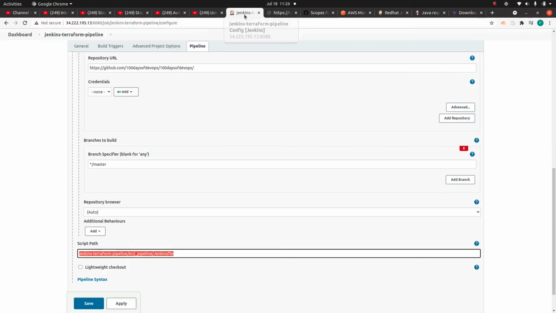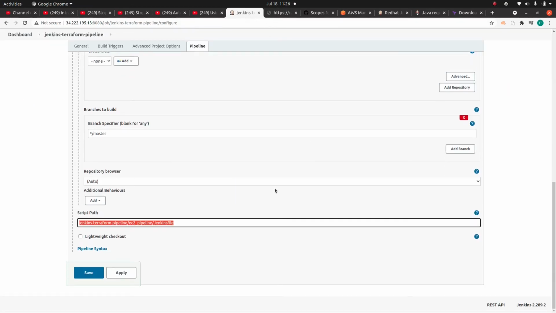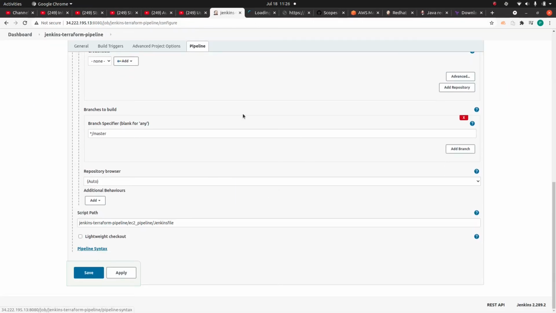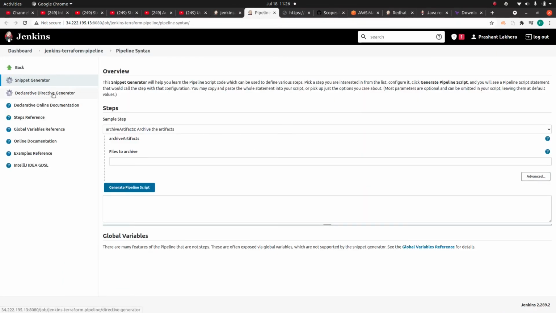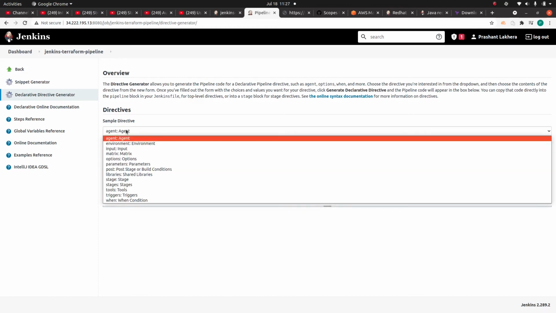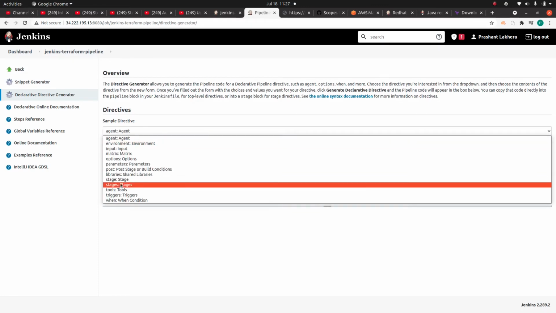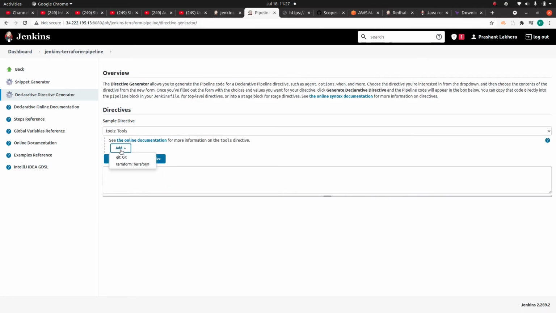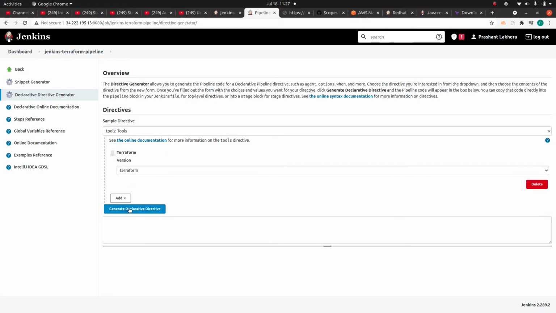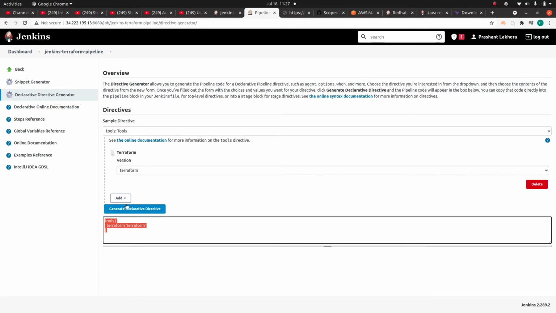Okay, in case you do not understand how to generate this syntax, just go to the pipeline syntax at the bottom of this. Okay, declarative tools generator. Click here and you will see tools, and generate. It is going to automatically generate this syntax for you.